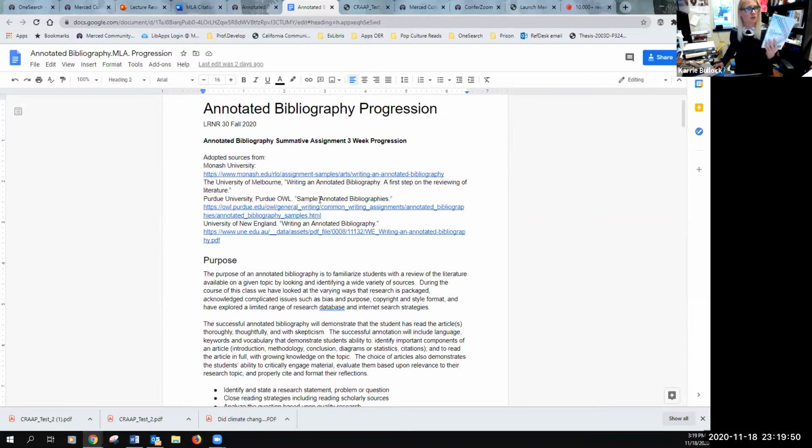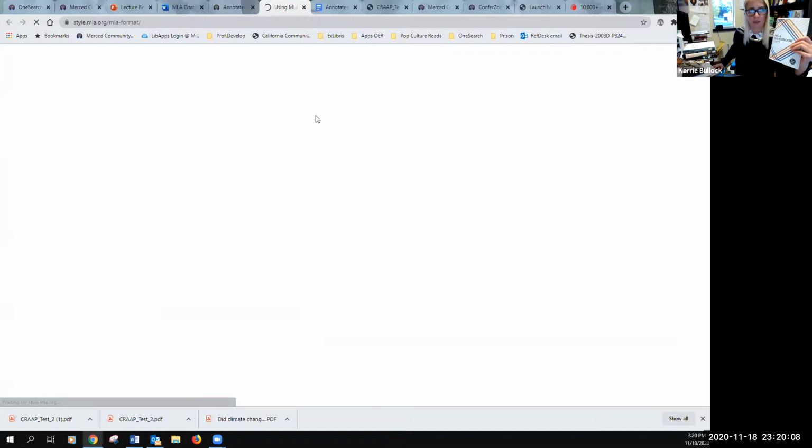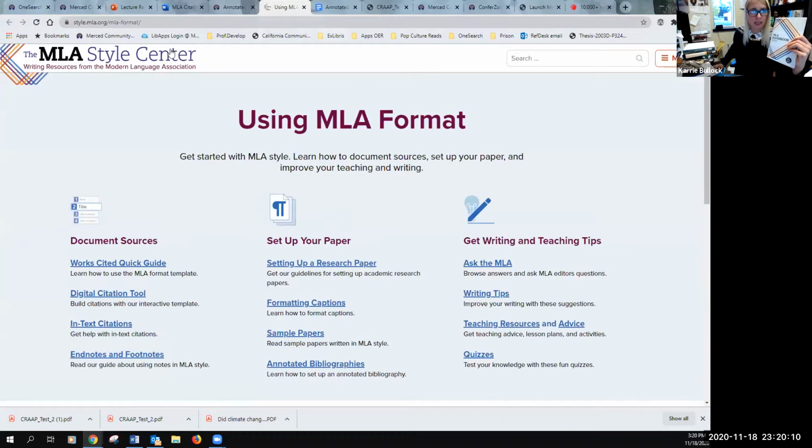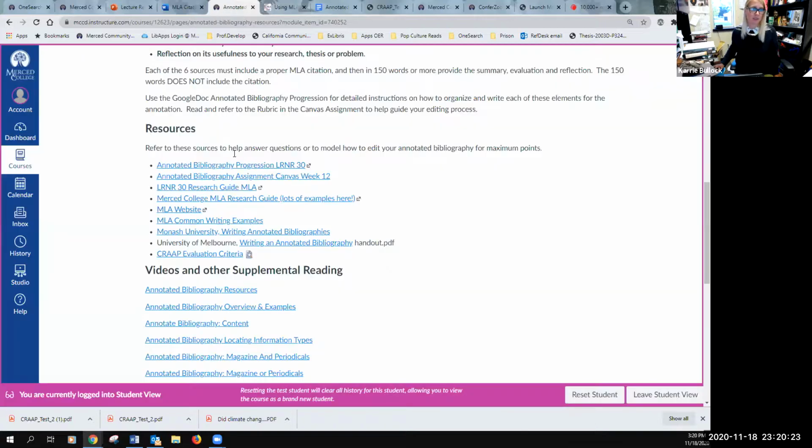Now, I know a lot of you don't have the MLA handbook. That's okay, because a lot of this is online. So right here is the MLA website, and I'm going to go ahead and open this up. What I'm doing is creating some lateral tabs for myself, so I can quickly tab between these resources that are going to help me when I'm actually writing my